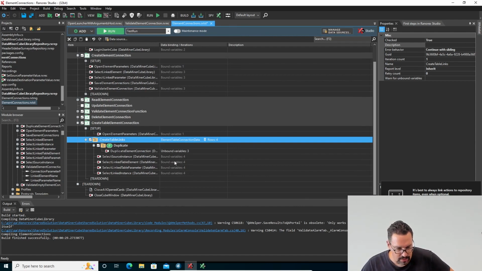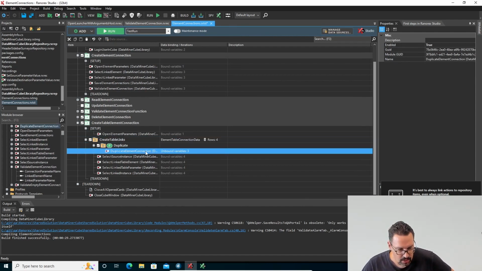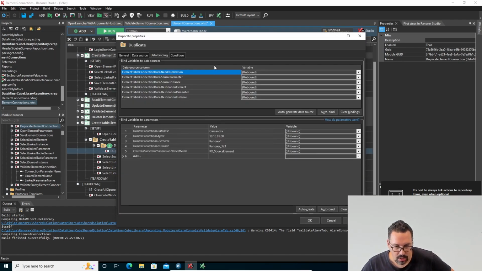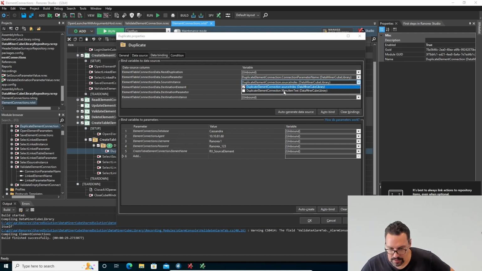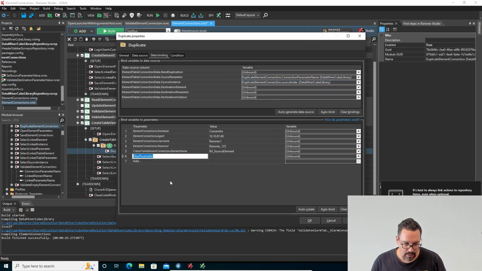Okay, so we still have some unbound variables on our duplicate element connection. So let's take a look. So source parameter is the connection parameter name. Source index is source index. It's easy. And then menu item text is the duplicate. It's at that one in the fixed variables